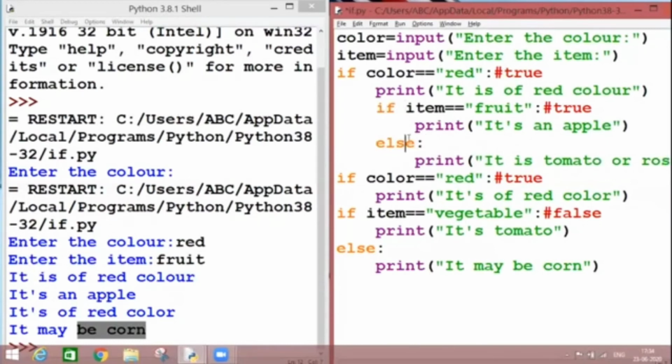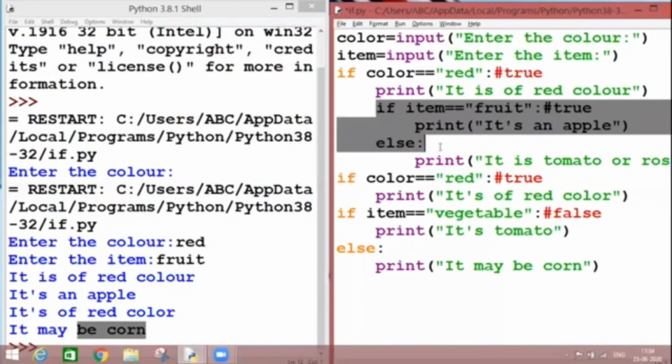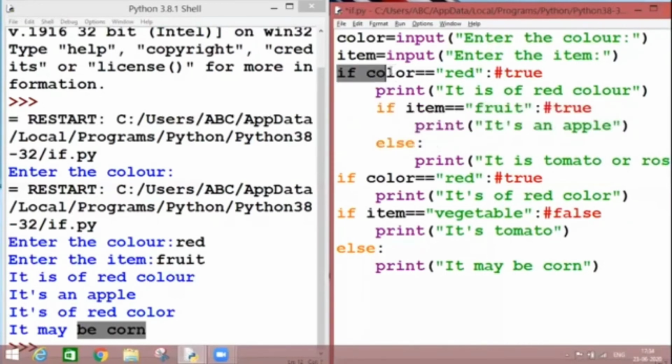I'm only changing the indentation of my if statement. Earlier, my if was indented parallel to my first if statement, but now I have shifted it to the right and nested it. I have nested this if and else inside this if.